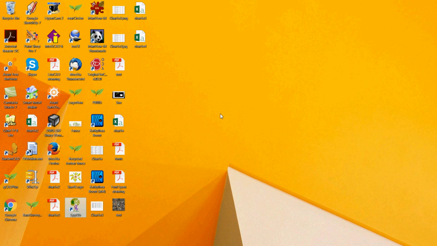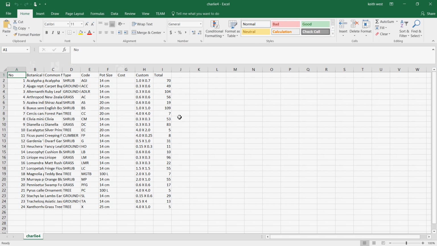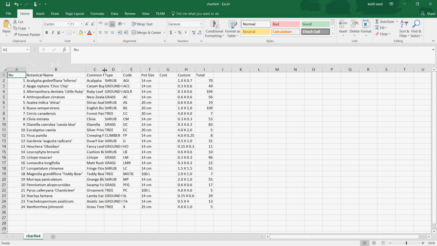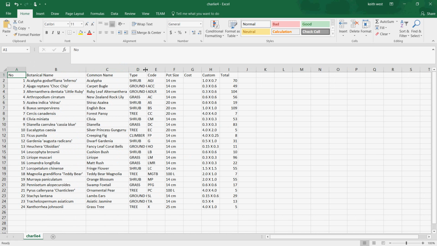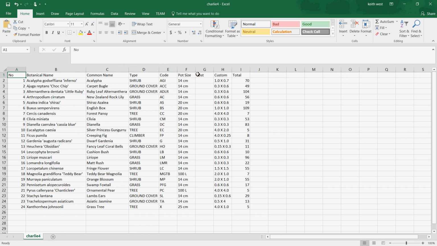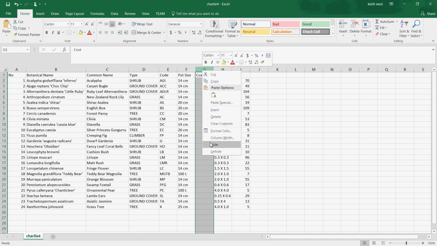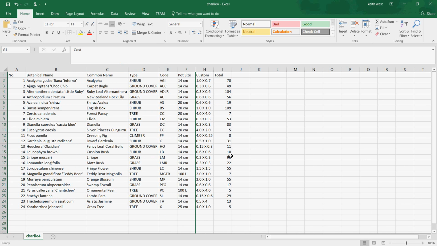So if I go to my desktop and double click on Charlie 4, here's the data. Now we have botanical name, common name, the type, code, pot size, custom information, and height and width. So we could change that text there to say height and width. We could select this one, and we could hide that column. Now you can sort this list in any way you want. It depends on your level of